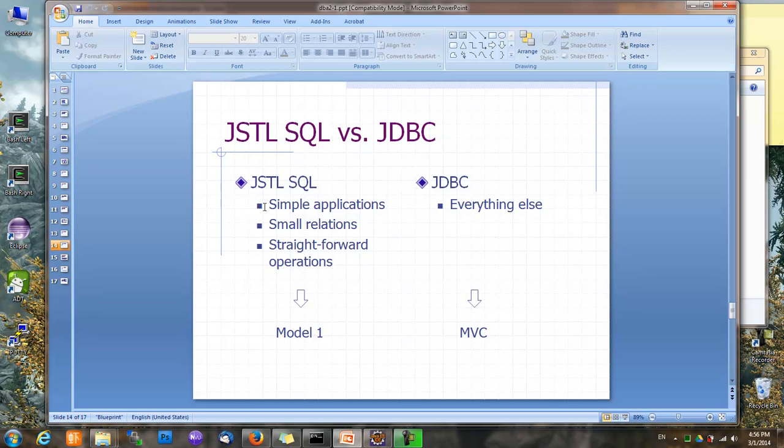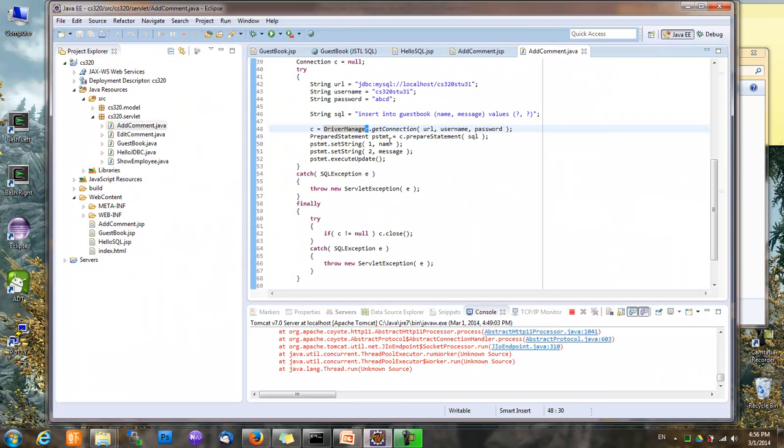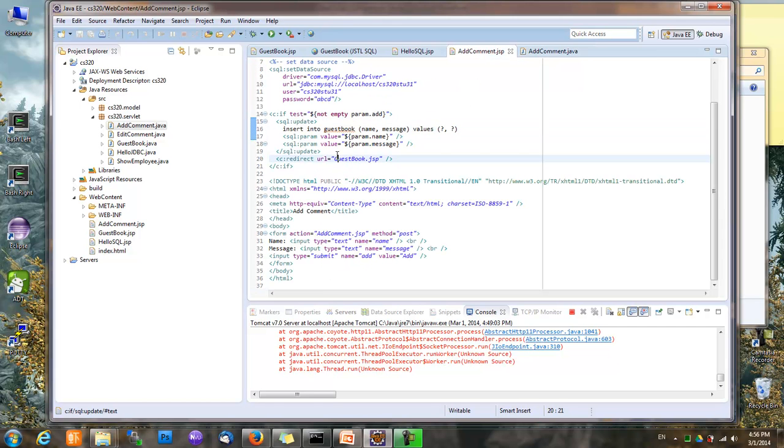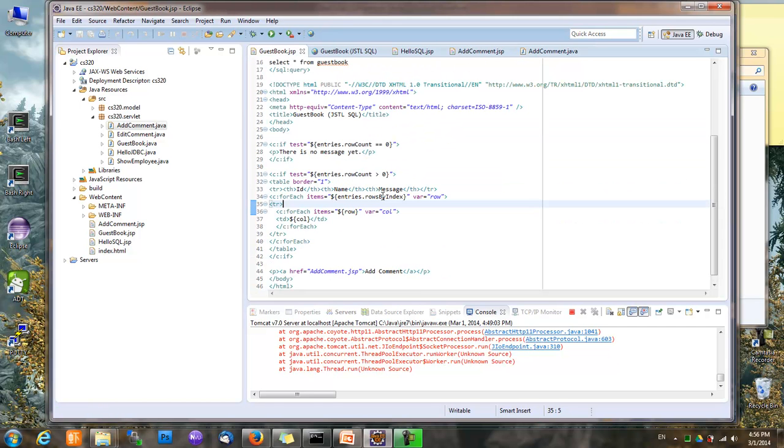Okay, so the bottom line is that use SQL tags if the application is simple and the tables are small and the operations are mostly straightforward, like what we have here. It's basically an insert and a selection here. But for